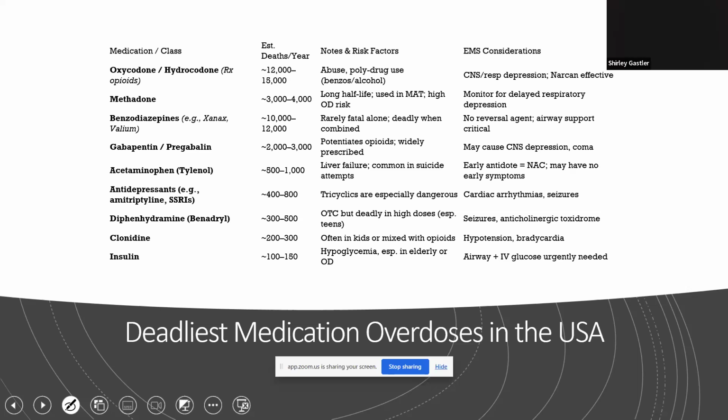Tylenol is one I wanted to talk about for just a second, in that a lot of people have big bottles of Tylenol at home. I could go off on a whole dissertation on Tylenol, but it's the most commonly purchased, taken, given, written, and prescribed drug, and yet the efficacy of Tylenol is 44%. The efficacy of a placebo is 42%. So it's not even statistically significant over a placebo, but Tylenol is one that's commonly overdosed.